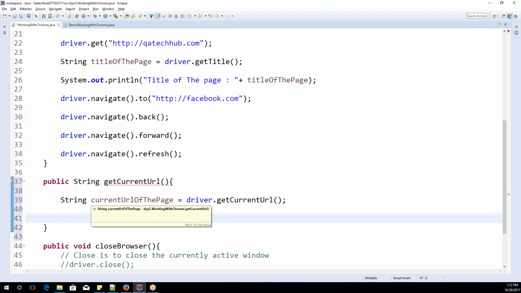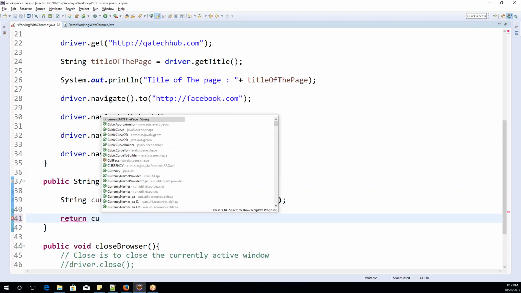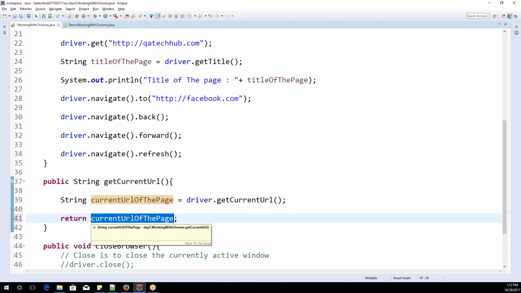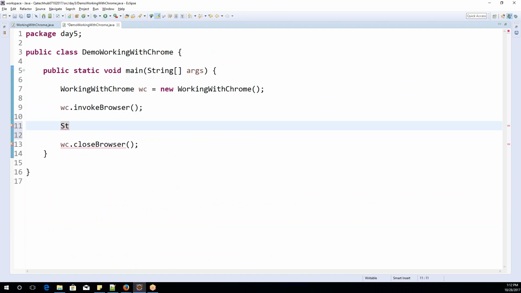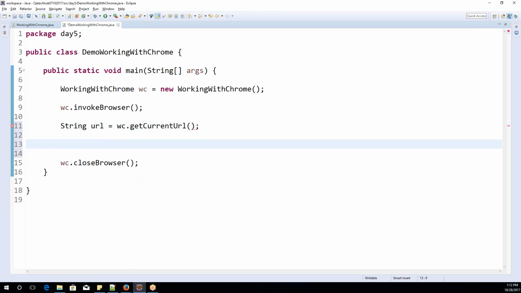Okay, then here I can simply print with System.out.println the current URL of the page. Instead of printing, we have to return, because we have written the return type like this. So this method getCurrentURL will return this value, and when you use it, after invoking the browser, I say String URL equals, not driver, sorry, my bad, it is wc.getCurrentURL(), and here we'll simply print URL. And when I execute this code,